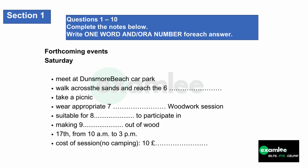That sounds like fun. When is it? It's on the 17th from 10 a.m. until 3. There's a charge of £35, including lunch, or £40 if you want to camp in the wood. I should think I'll come home the same day. Well, I'd certainly like to join the group. It sounds like you've